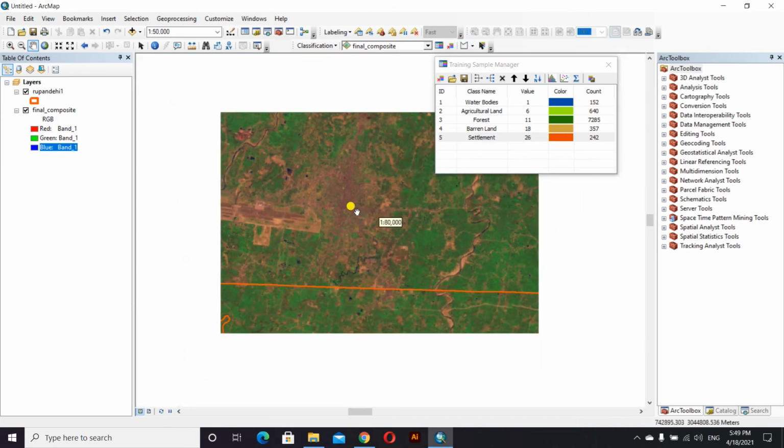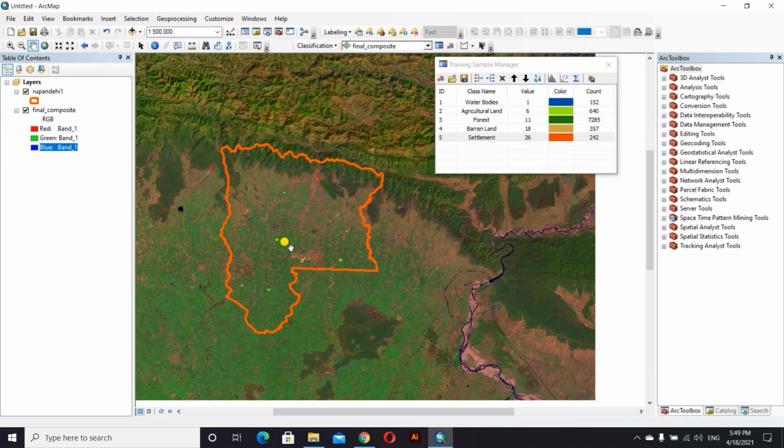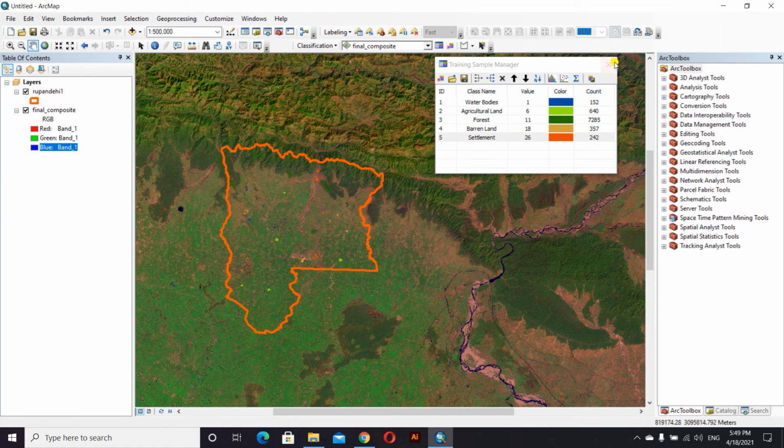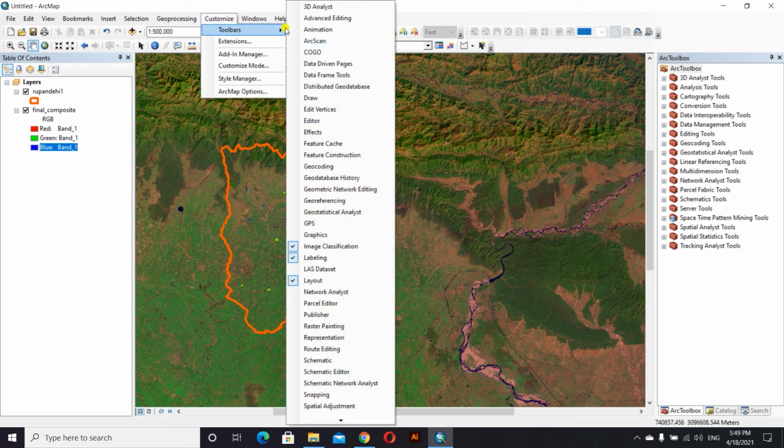So the last thing that we'll be doing is classification. For classification, close this, and you see classification here, this is enabled. If it isn't enabled in your ArcGIS, go to the toolbar, customize.